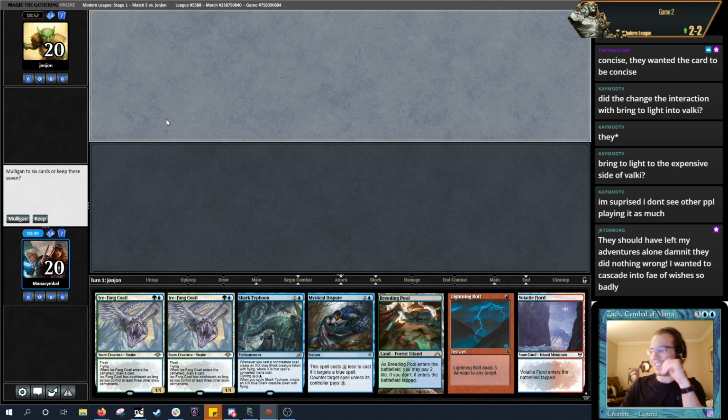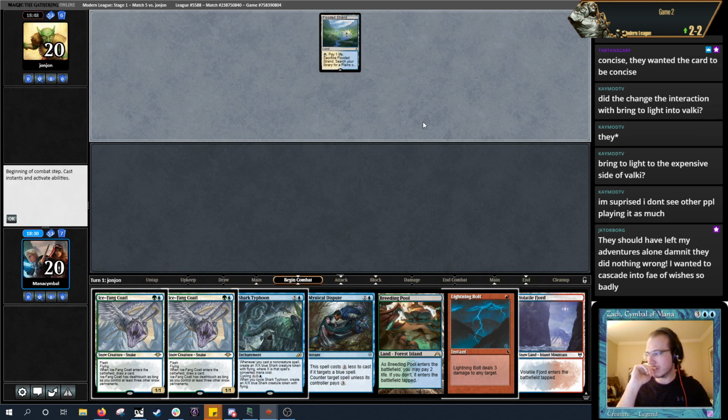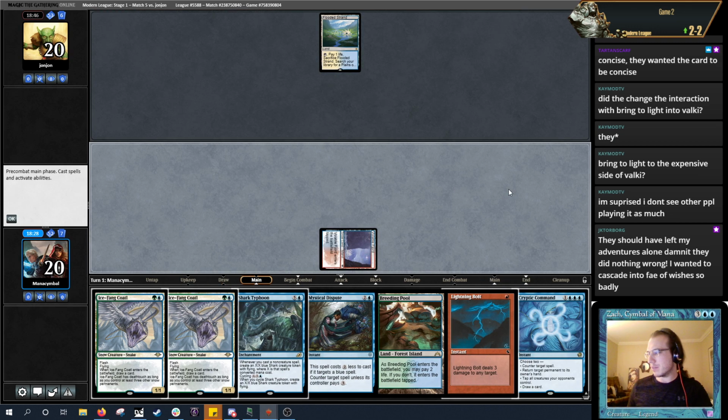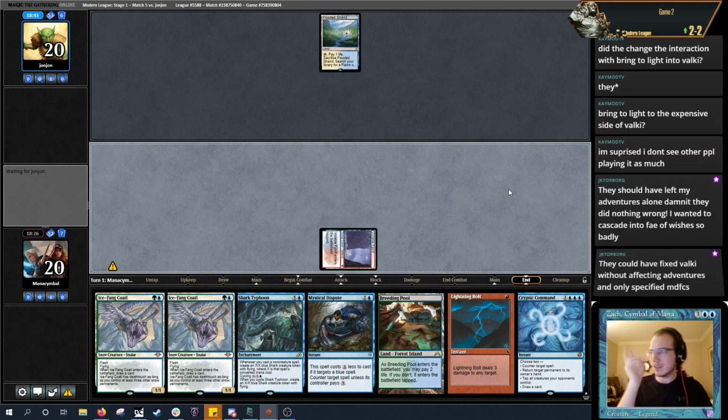You wanted to cascade into Granted? That was your big play? Okay, so they're not playing Wrenn and Six, so it's not like mandatory that I need to have some kind of counter up on turn one. This hand is not great, but it very easily could be. Although if I draw Wrenn and Six, this hand does not help that, so...